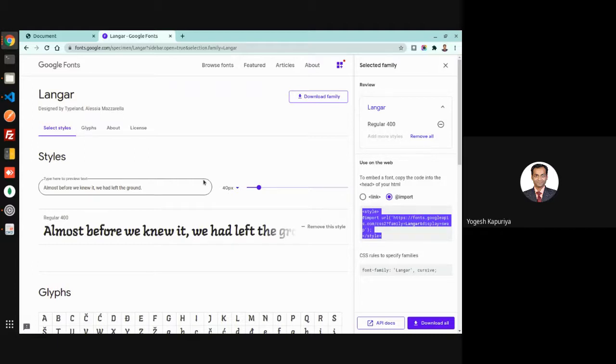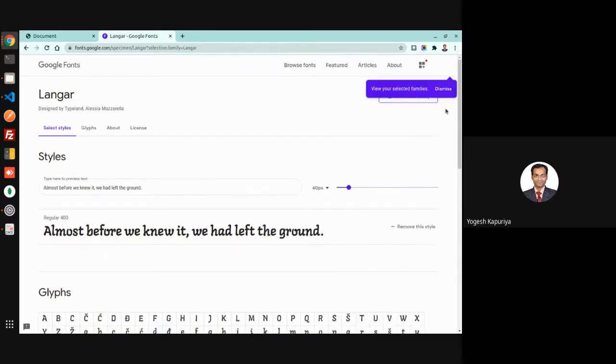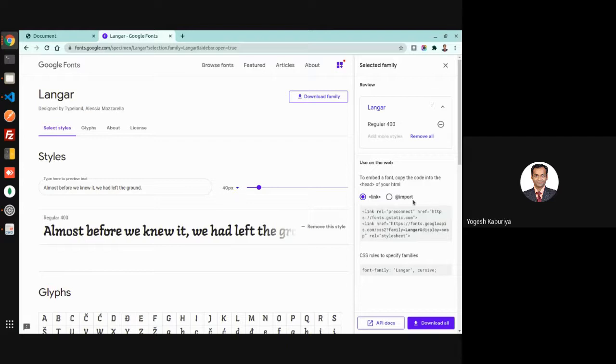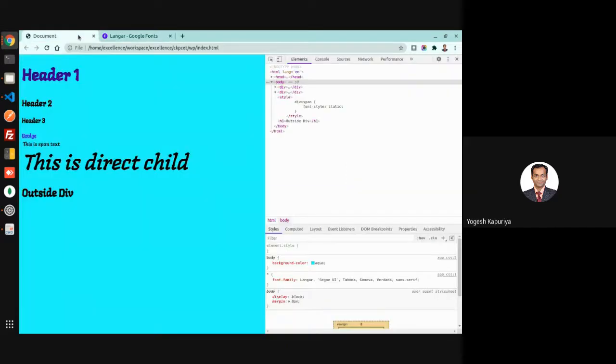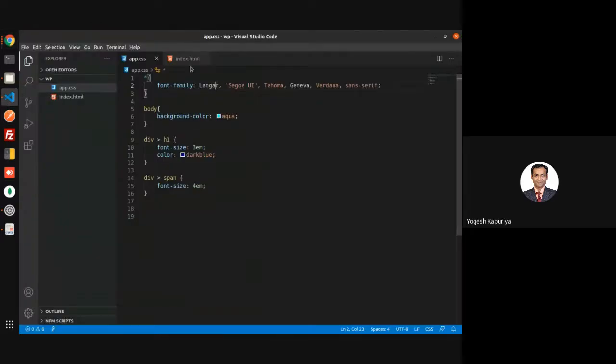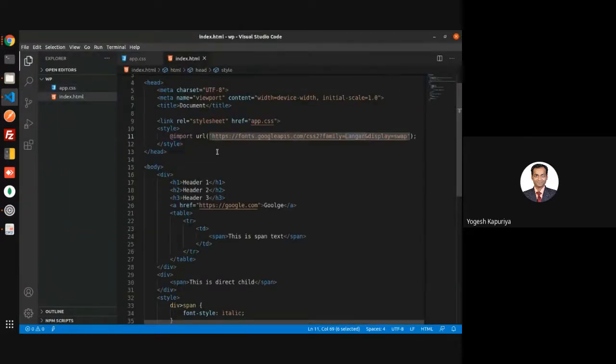So you must use this. Google has a very good library of fonts and you can easily use it. You just select the font, and then you can integrate it by using this link. So that was about the selection and including the styles within your HTML document.